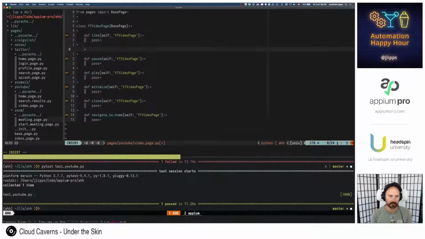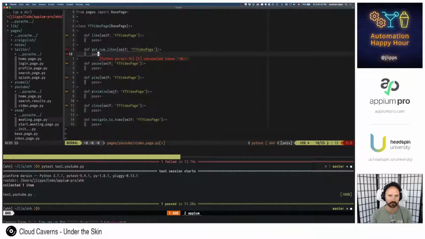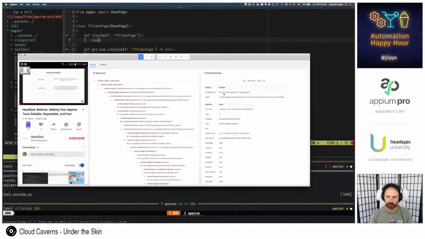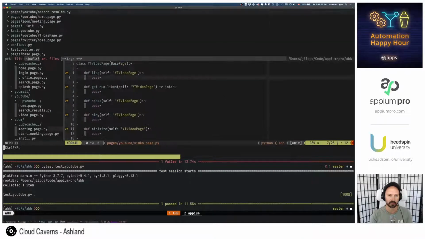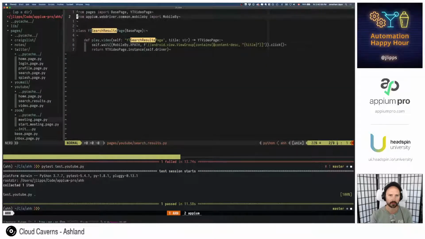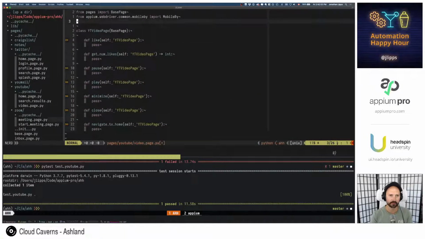So we can actually create a new function like get number of likes. This is going to return integer. So to actually like it, what we want to do is, well, let's import our mobile by again.